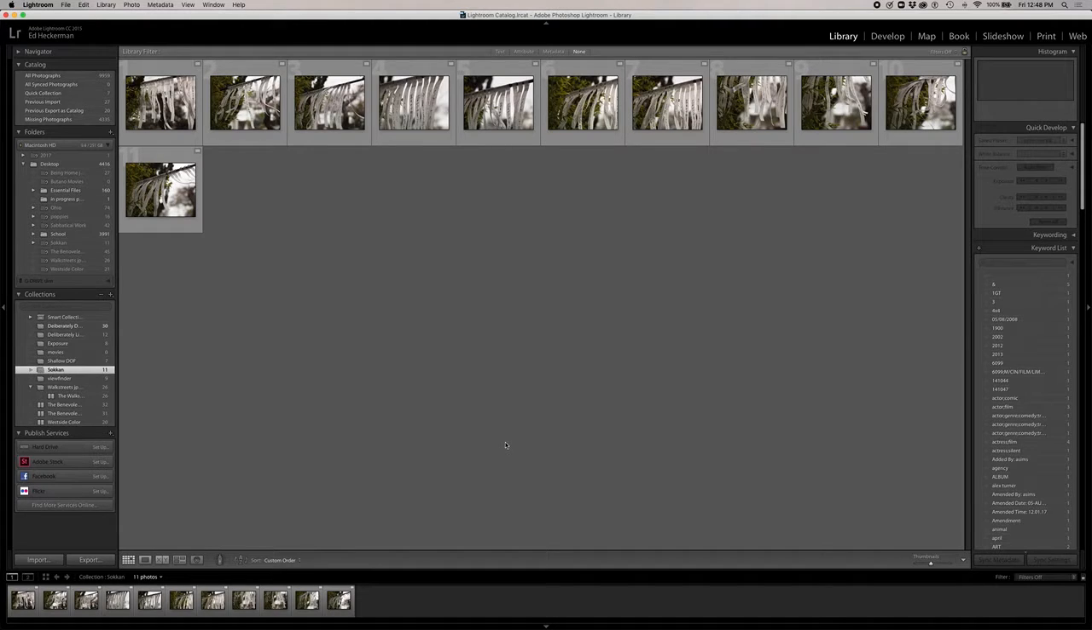Today I'm going to briefly explain how to make a slideshow using Adobe Lightroom. First thing you want to do is collect the images you want to use in your slideshow in a folder